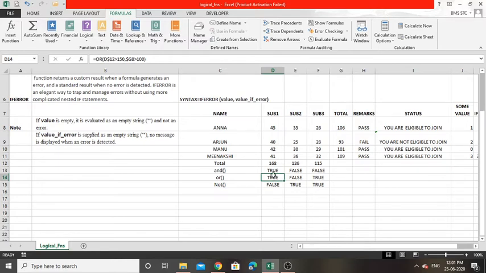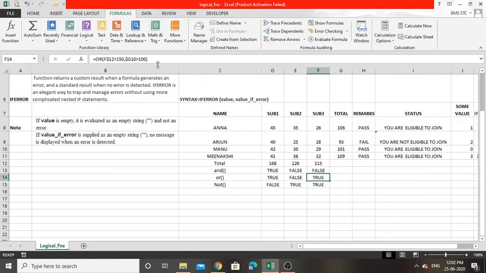Here it will check the same conditions that I applied on AND; I applied them on OR also. It checks whether the first condition, 168 is greater than 150, yes it is, and 106 is also greater than 100. So both conditions are true, so the output will be true. What about the next one? Next one is 126, which is not greater than 150. So the first condition results false. The second condition also resulted false. So naturally the output should be false.